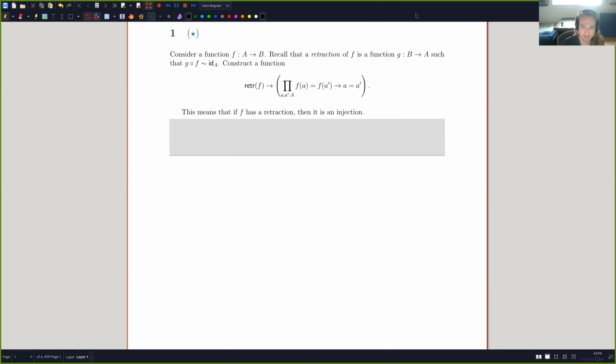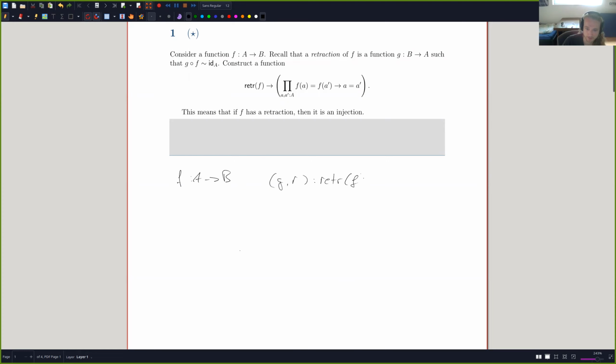In the first exercise, we have a function f from A to B. And if you can't read anything, please let me know in the chat. We also assume that we have a retraction g together with the homotopy, let's call it r, of the type